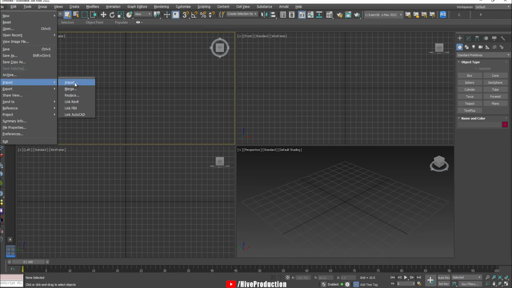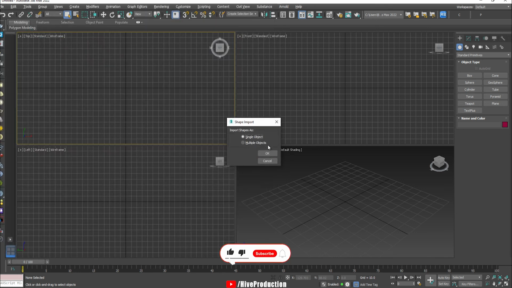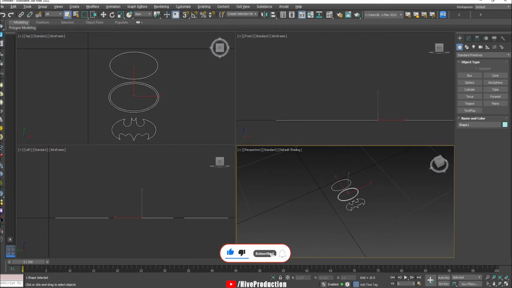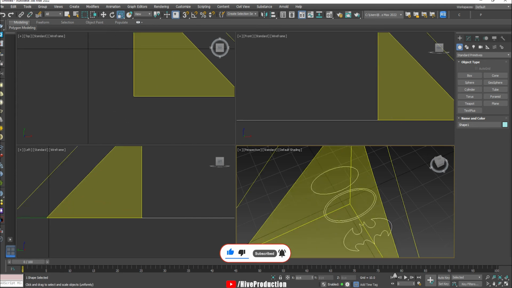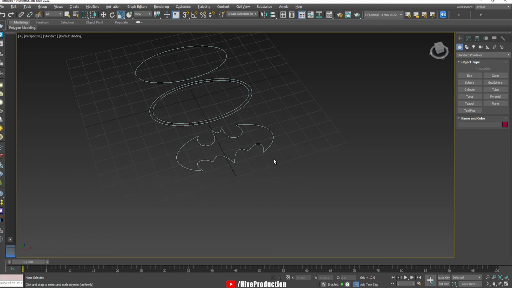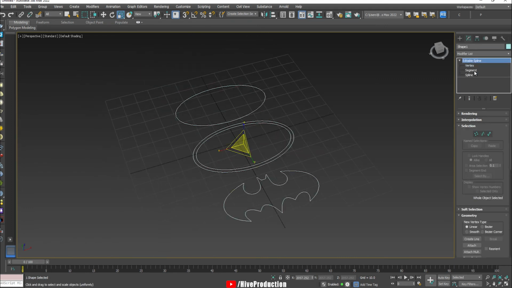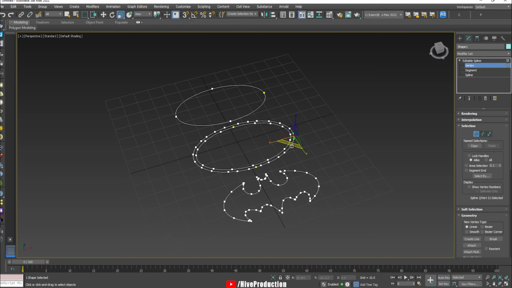I'm going to import my same Batman logo here, and after that you will find these logos are already present here. I'm going to scale up the size because they are too small to handle. So what am I going to do? I'm going to go to the modify panel and